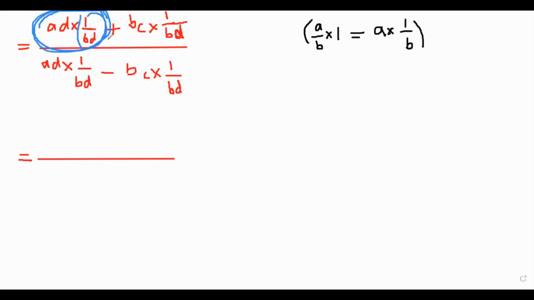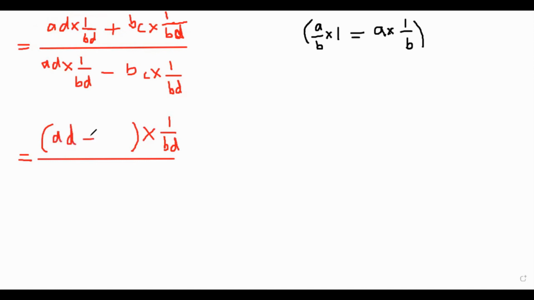So AD multiplied by 1 by BD, and the next one is BC multiplied by 1 by BD. So 1 by BD is being repeated in both of these. So 1 by BD is common in both of these. This can be taken common toward the right, because it is written on the right side of both of these. So therefore we can take it as common from both of these. So from here you have taken 1 by BD as common. So leftover is AD.